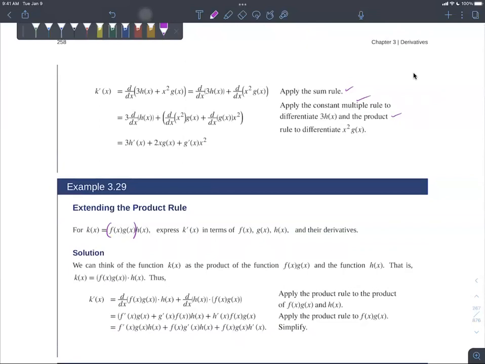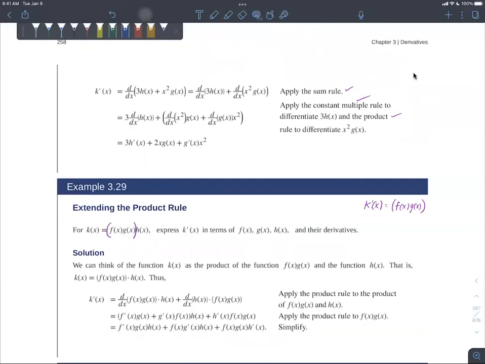So we're going to think of k of x as the product of 2 functions, where the first function is f of x times g of x, and the second function is h of x. So the derivative of k of x is going to be the derivative of its first function, f of x, g of x,